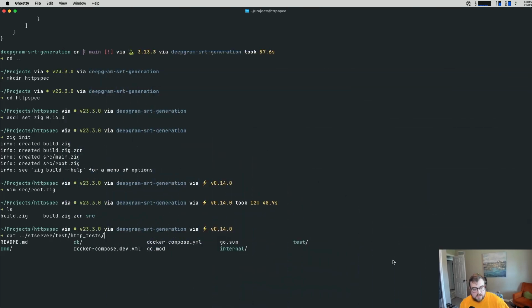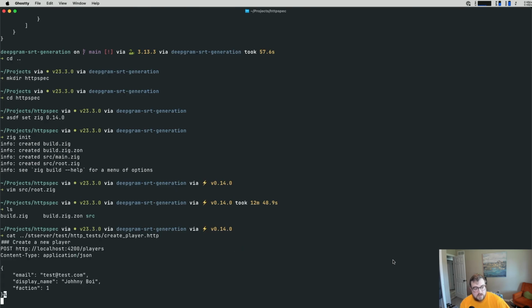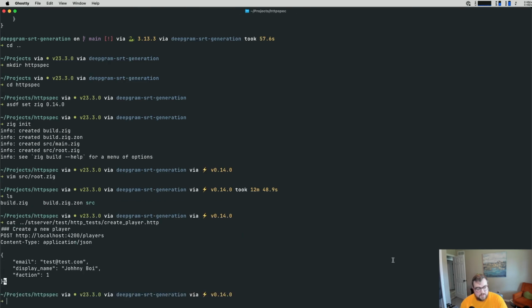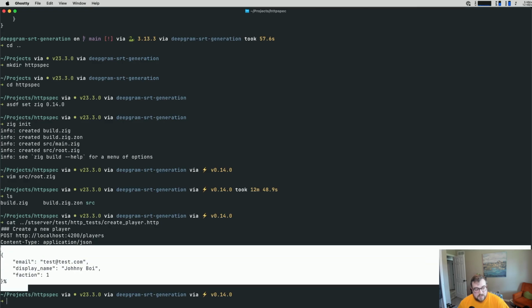So I have some in my Sovereign Tides server. Here's one for creating a player, for example, and this is it. It's really lightweight. You can see there's some information about the request. This one's called create a player, so this could be like a test name in our case. And we could perform a post request to this endpoint, specify some headers, specify a body, and then if we